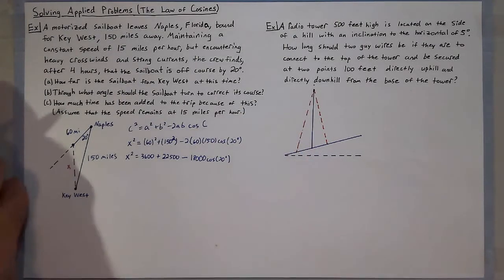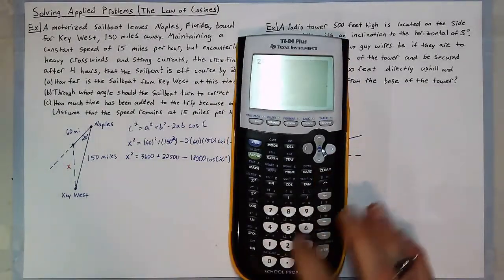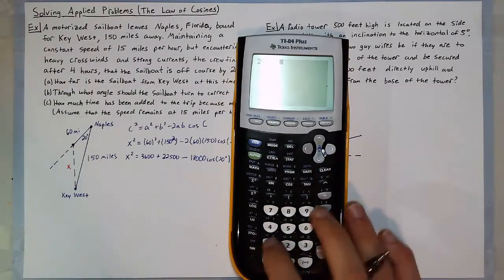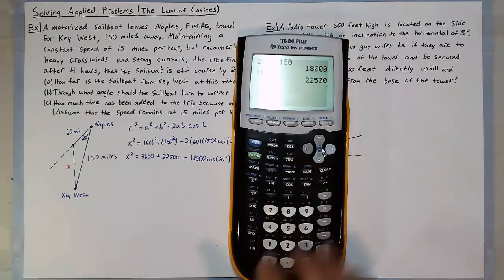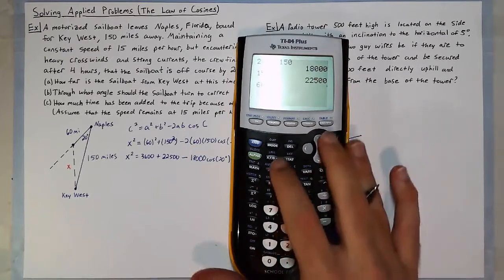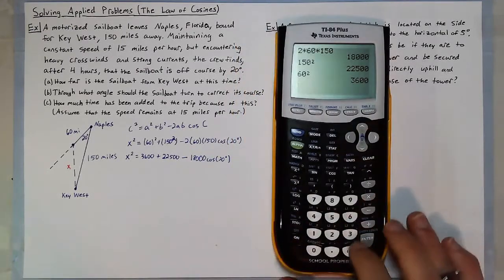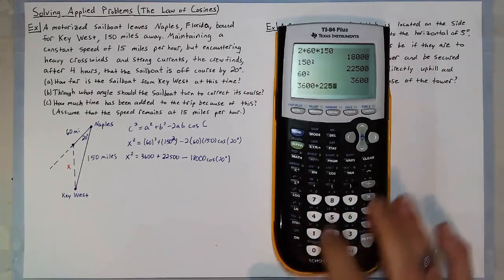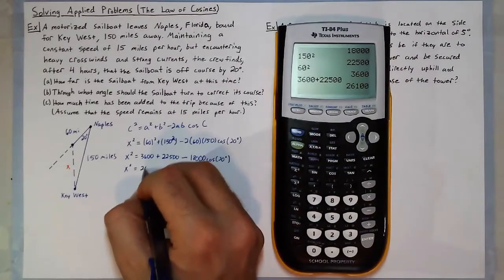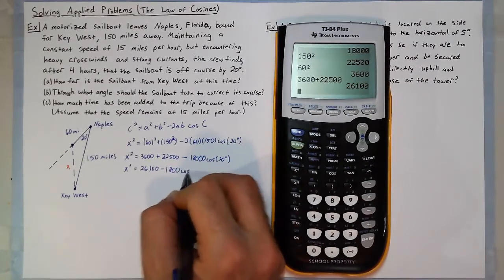Let me just double check that last one. 2 times 60 times 150, yes, 18,000. And 150 squared is that much. Now I can add together my 3,600 plus 22,500 to give me 26,100 minus 18,000 times cosine of 20 degrees,